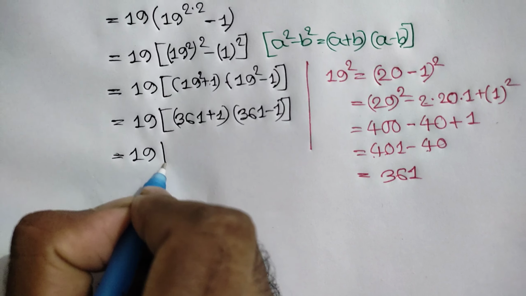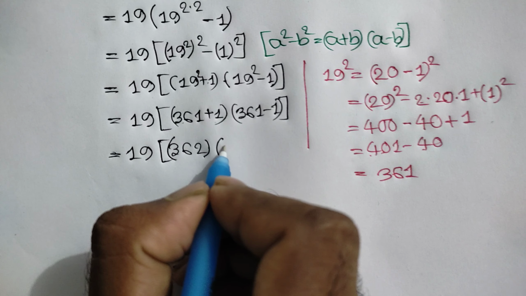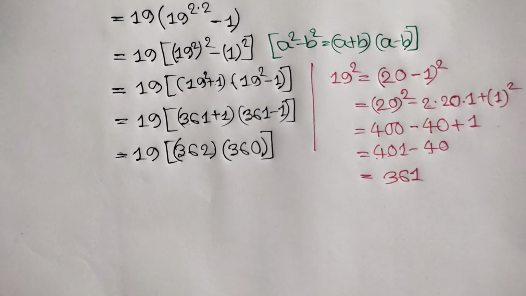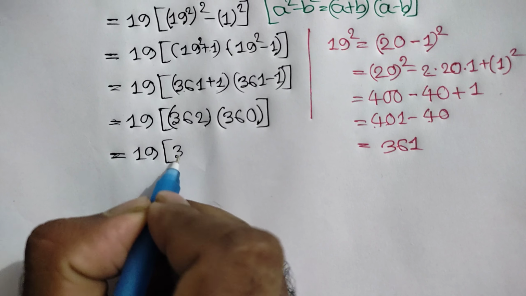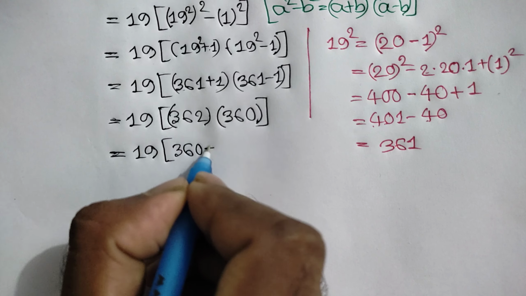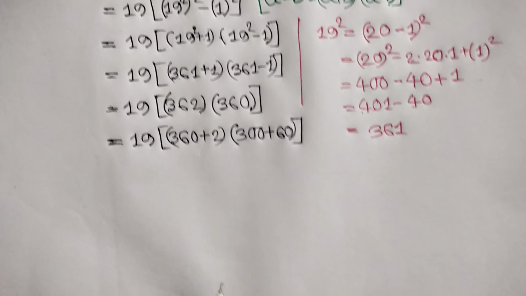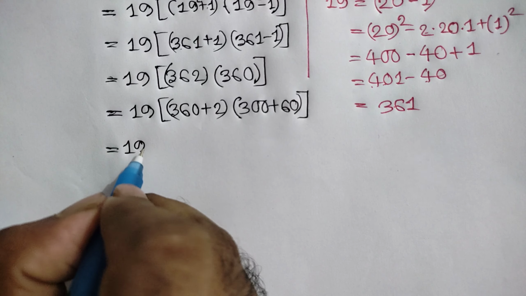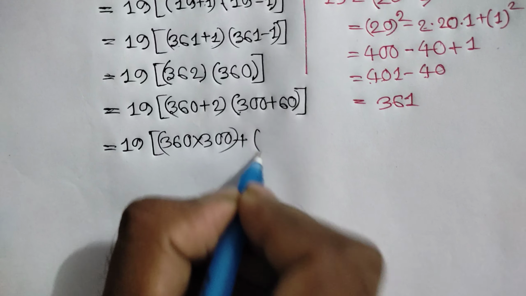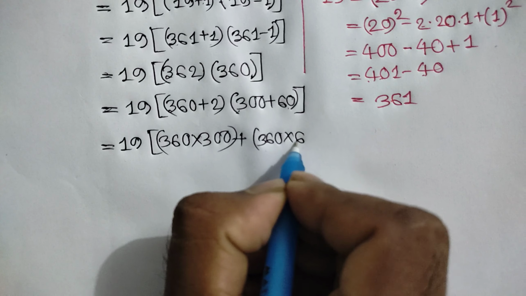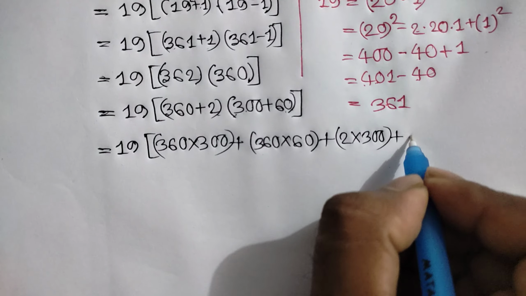is equal to 19 times 361 plus 1 is 362 times 361 minus 1 is 360, is equal to 19 times, now 362 can be written as 360 plus 2 and 360 can be written as 300 plus 60, is equal to 19 times, now we can write here 360 times 300 plus 360 times 60 plus 2 times 300 plus 2 times 60